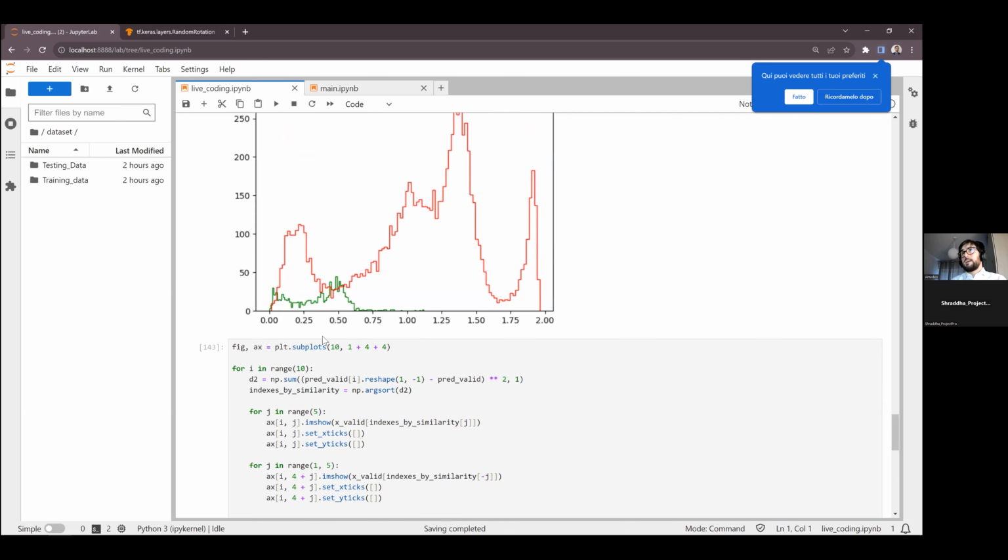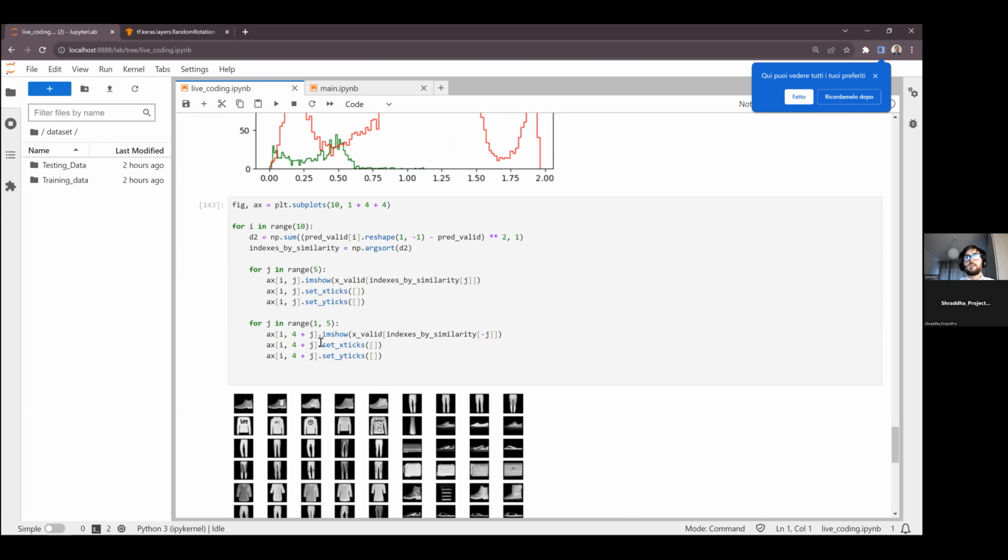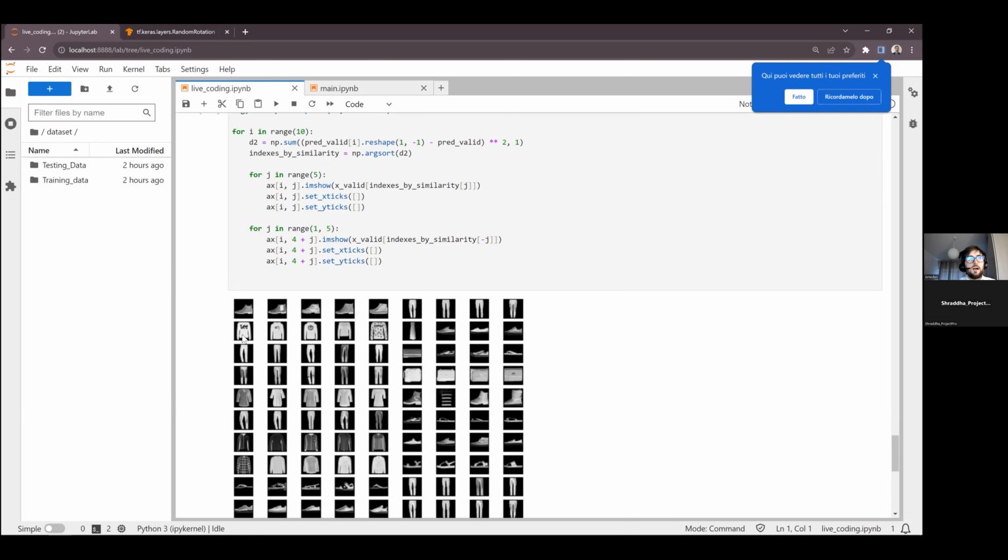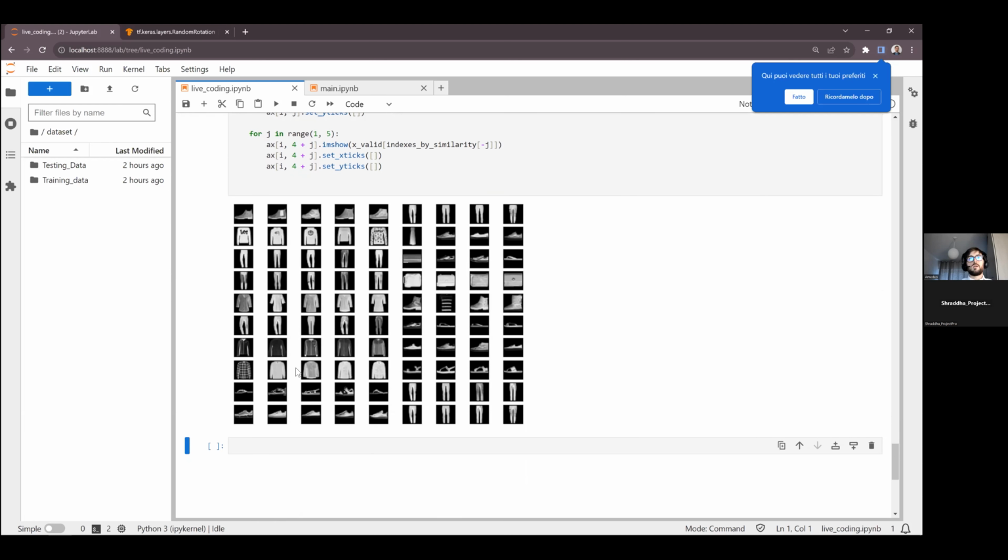But again, it depends on the use you want to make of this model. If you're only interested in the most similar image, this is working well. Look, the first image is very similar. Again, here we have a very, very similar shoe. Here we have, let's say, a very similar jumper with, again, some symbol on top of it. Again, white trousers, very similar again. I think it's working fine if you only care about the most similar.